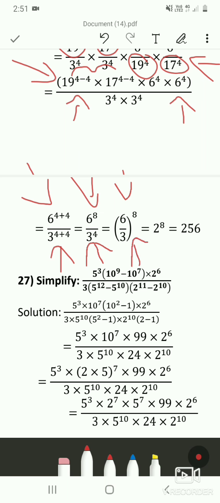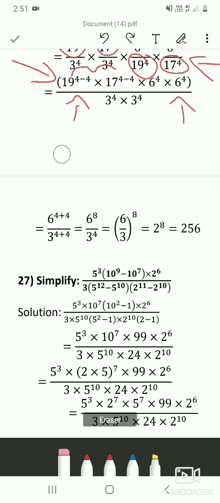So in this step again 3 2s are 6. So you will get it as 2 raised to 8. The answer is 256. So you can stop up to this step. So even though this is an easy problem, you should be familiar with all the laws of indices.